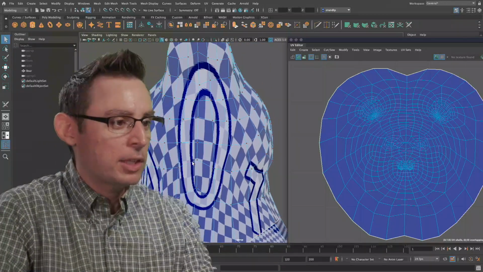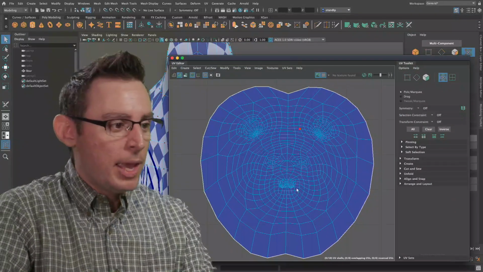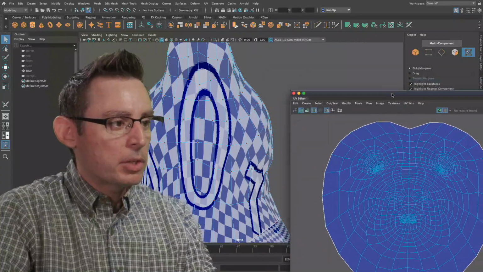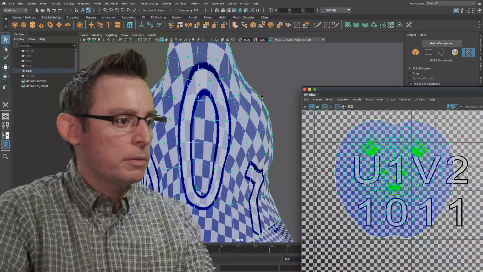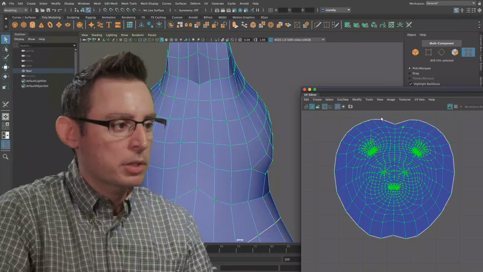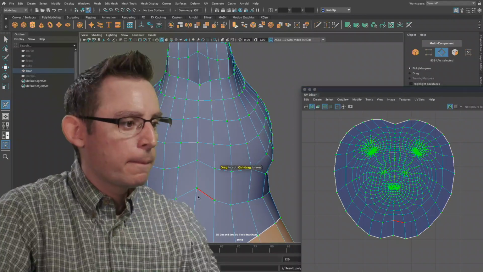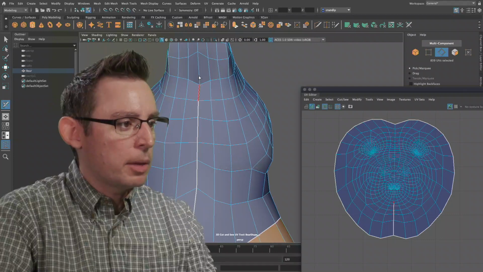So let's go in and fix it with our 3D Cut and Sew tool. I'm just making sure I've got all my UVs selected. Select my UVs, looking good. We can turn off the grid pattern just for a second. And I'm going to go in with my 3D Cut and Sew tool, and I'm going to add an edge that runs up the bottom here.